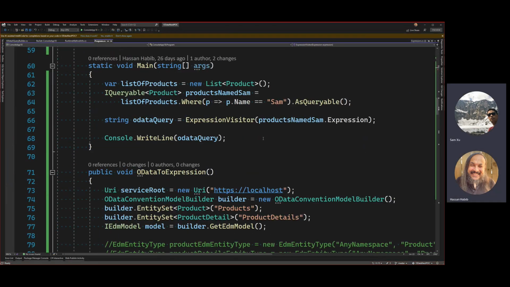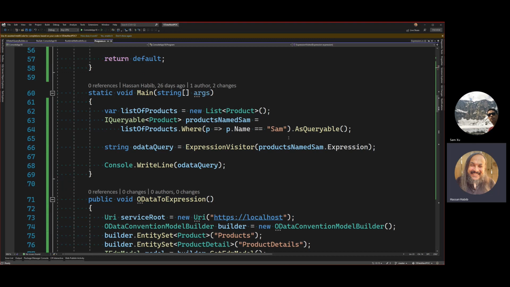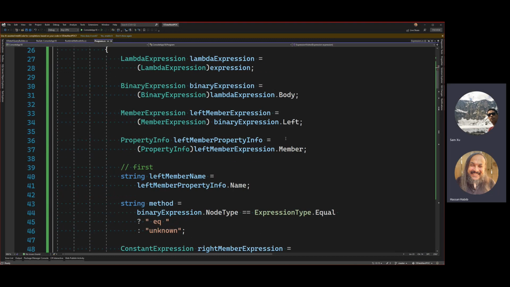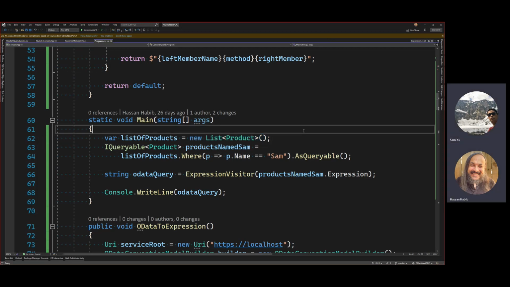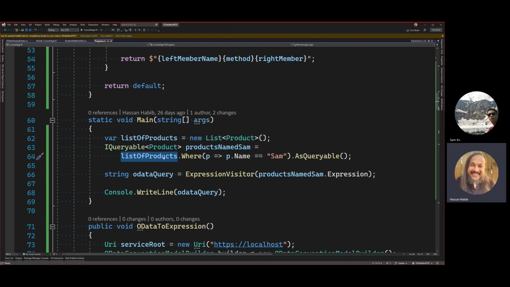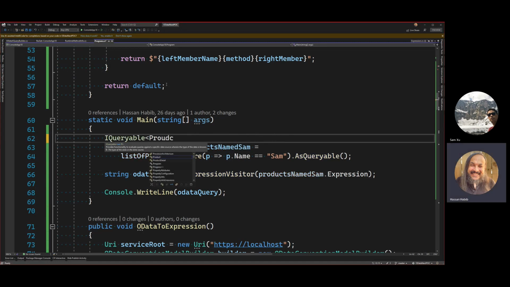Dude, we just did this a second ago with the same... hold on, that's weird. So you have a list of products and we're passing in these products. I really think the problem here is that you have this list of products. If I define this as IQueryable, okay, let me try this. If I go here and say I have an IQueryable of a product,